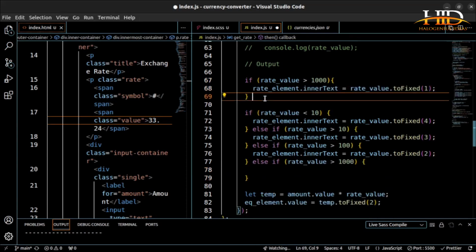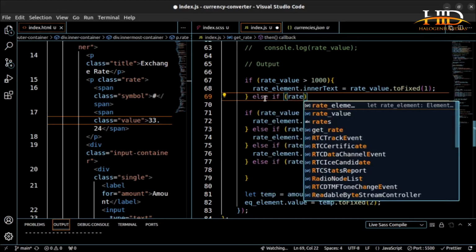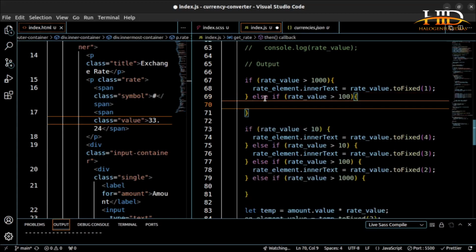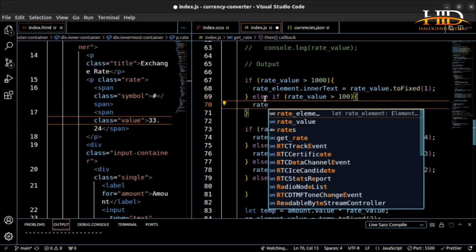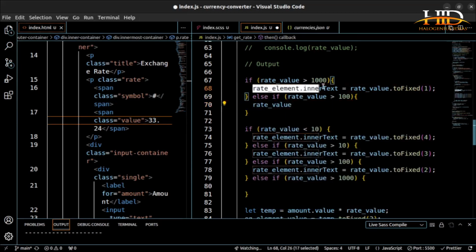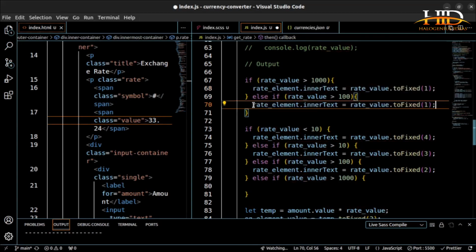Else if my rate value is greater than 100, what do I want you to do? Rate value, no, this should be, let me just copy this one. Okay, this should be to 2 decimal places. Then